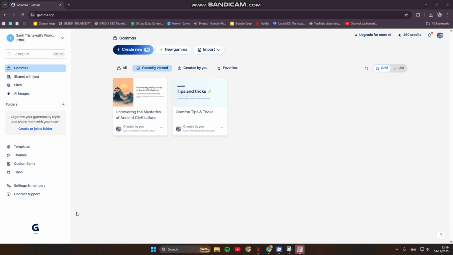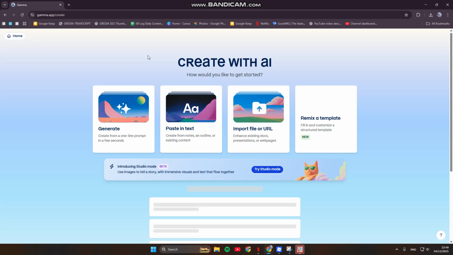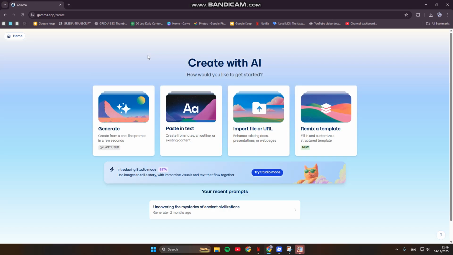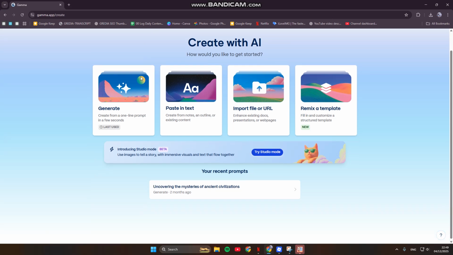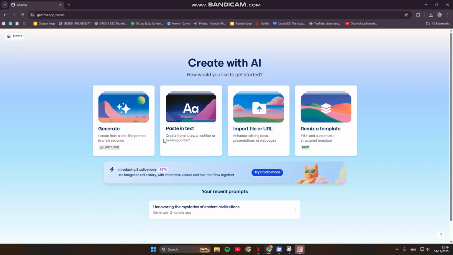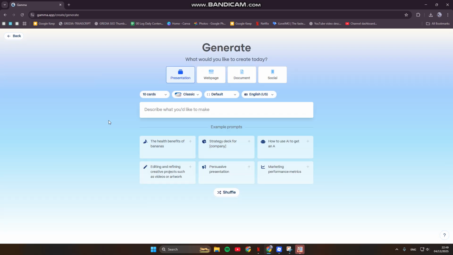So first, you can just start a new presentation. Go to gamma.app, and once you're on the page, you can just click on create new with AI, and in here you'll see a new AI prompt box. You can choose which one. In here I'm going to just go with generate, and you can just type something simple, like for example